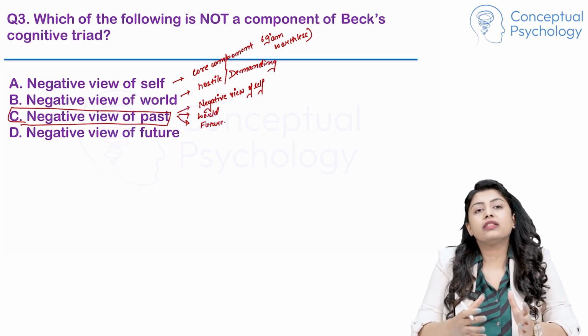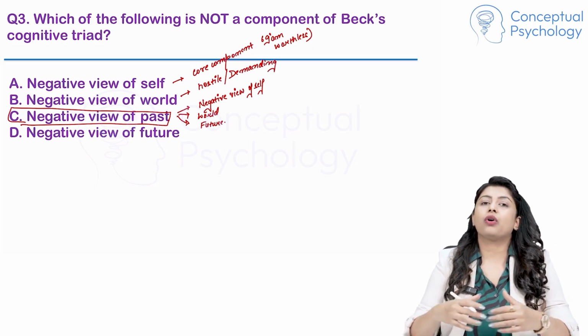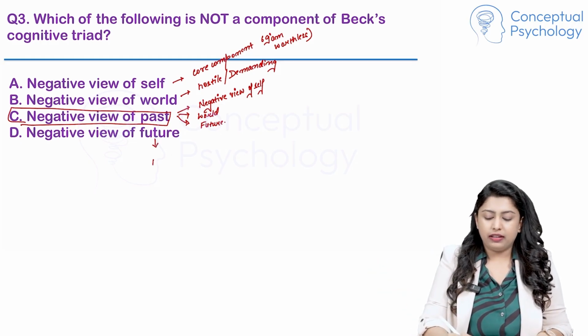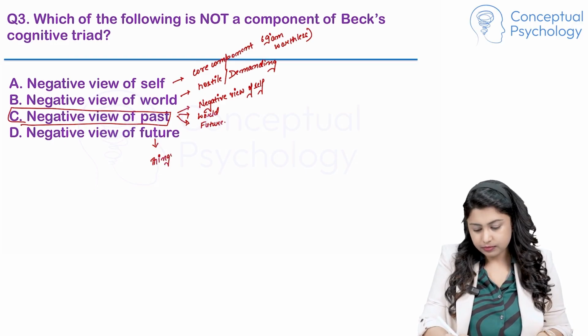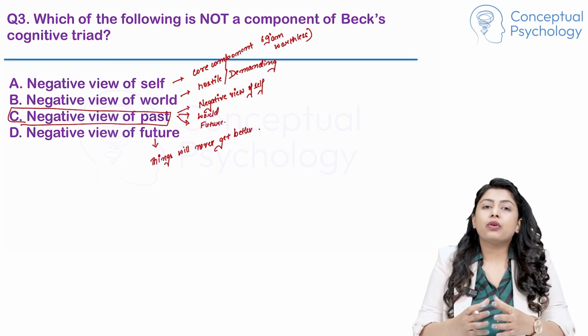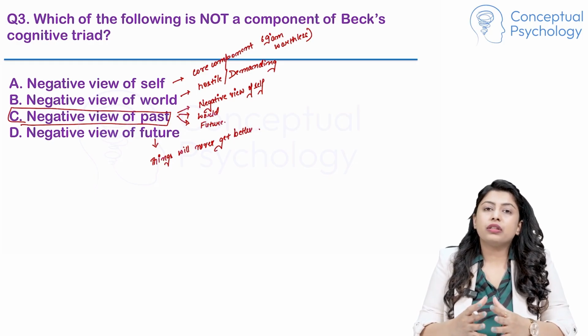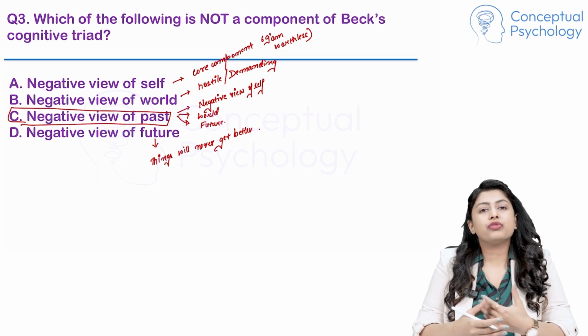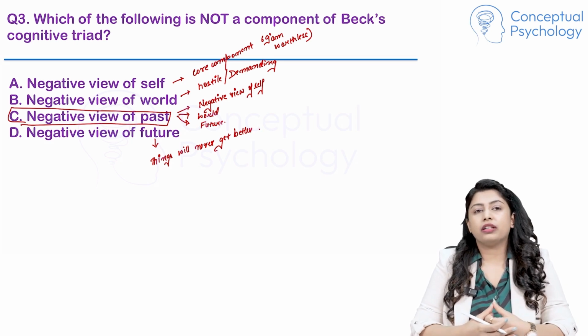And then the negative view of future is again a core component, where things will never get better. That is the kind of thinking. Things will never get better. So, Beck's cognitive triad focuses on the present self-perception, current worldview, and future expectations as the core cognitive distortions